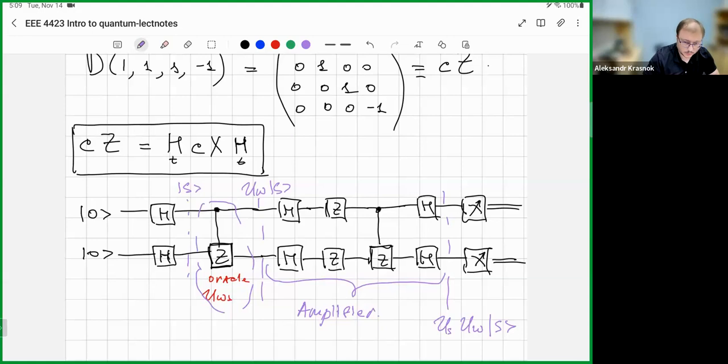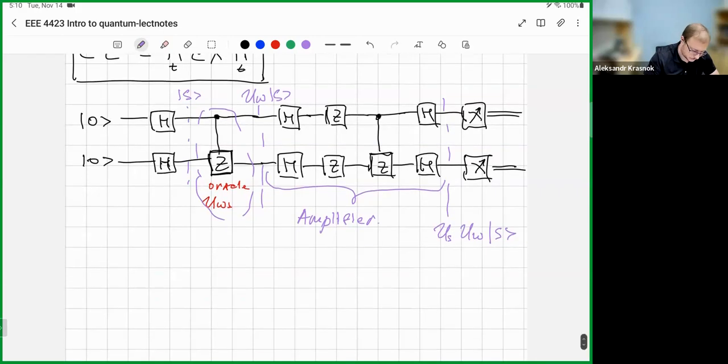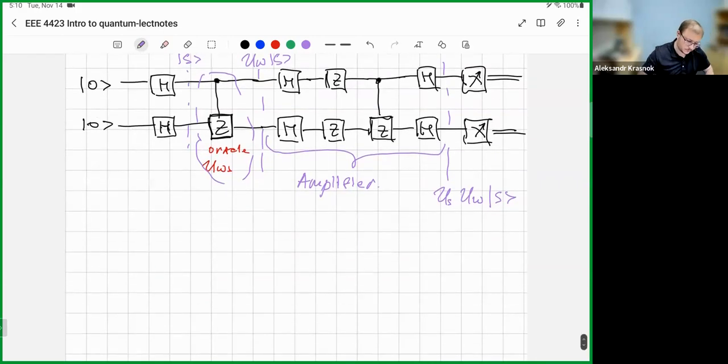It is just the control Z gate. And for the 2-qubit system, the square root of 4 is about 2, so we need just one iteration to get the result. All right, so let me